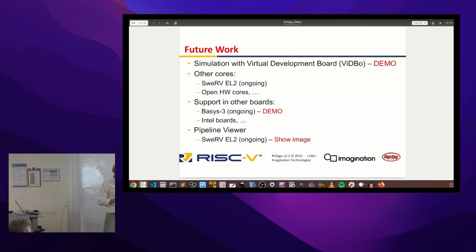This is originally from the Gem5 simulator, and it has been ported to other processors, and specifically it has already been ported by a German professor to EL2. So we would like to use it in RVfpga in order to improve the understanding of those example programs where we have